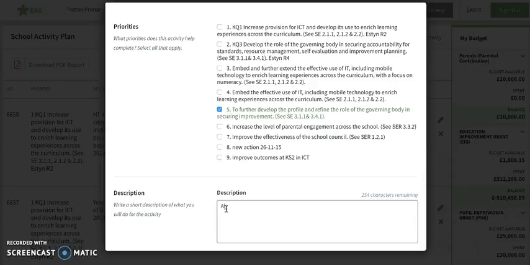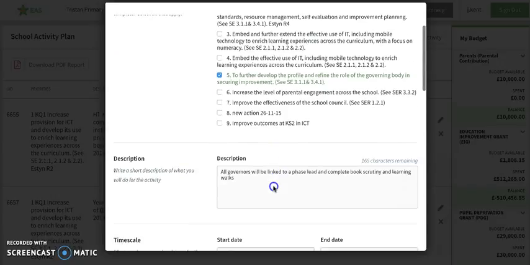So all governors will be linked to a phase lead. Okay, so there's an example of an activity that you might